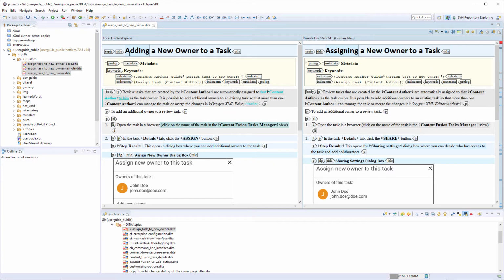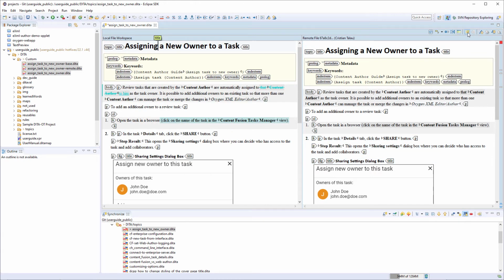Notice that it presents changes at word level. It even presents differences made with change tracking enabled. You can navigate changes using the highlights in the vertical stripe or using navigation buttons on the toolbar. It also has actions to copy specific individual changes or all non-conflicting changes from one side to the other.